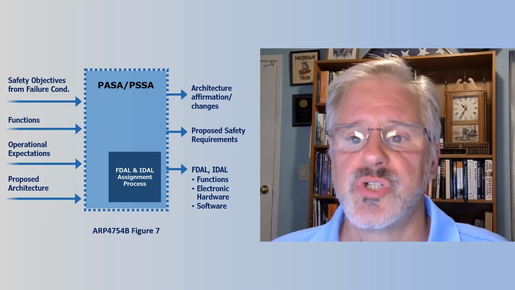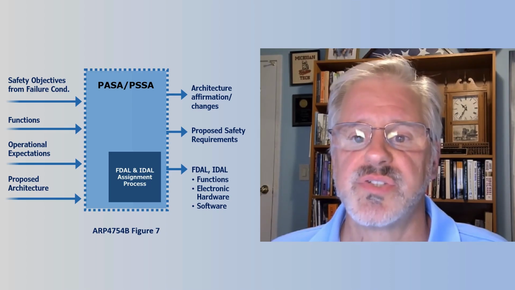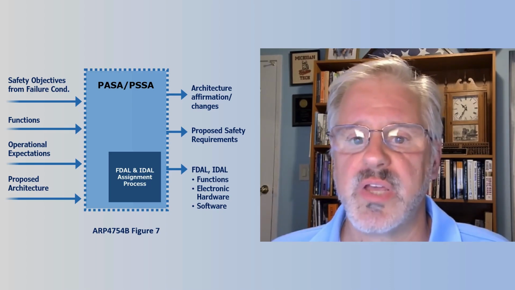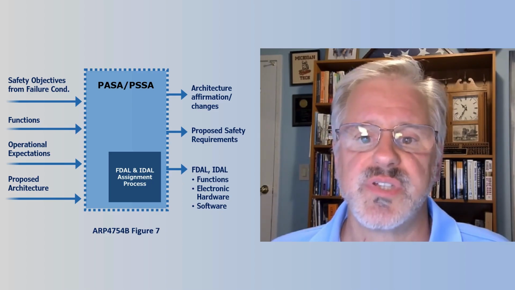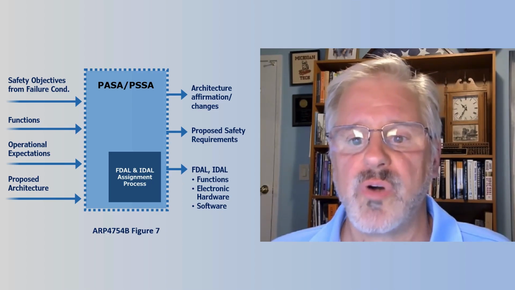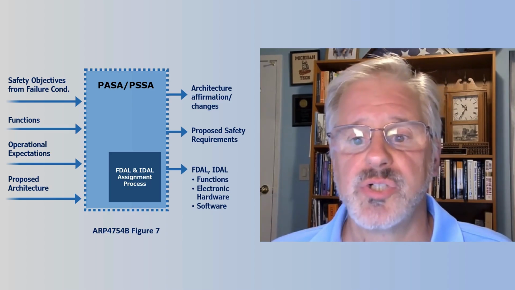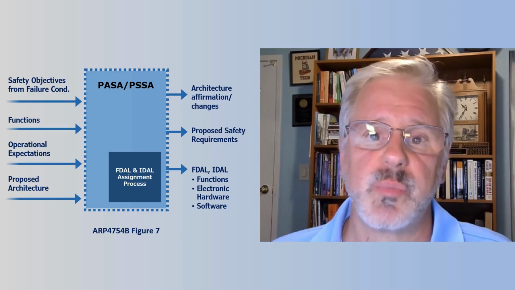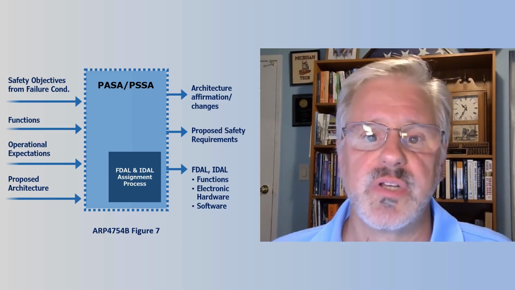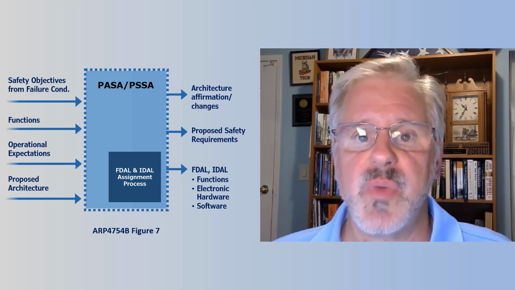ARP6983 would be used for assuring the ML-based item, while the existing ARPs would be used at the system level, including the integration of the ML-based item into the system. There may be a role for probabilistic performance factors of the ML item. This may be a partial benefit, but by itself is not enough to provide assurance. We are currently discussing the role of such factors in the committee now.